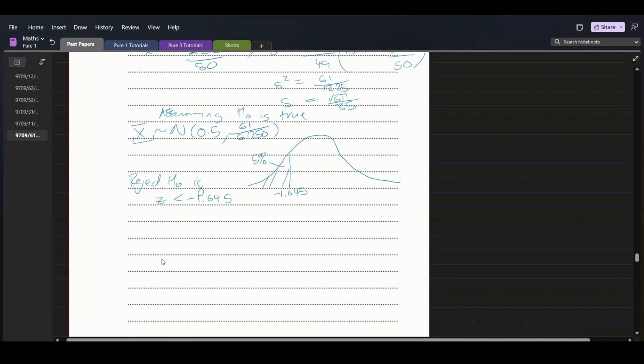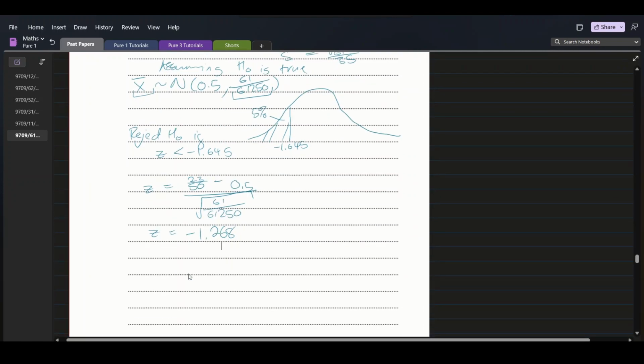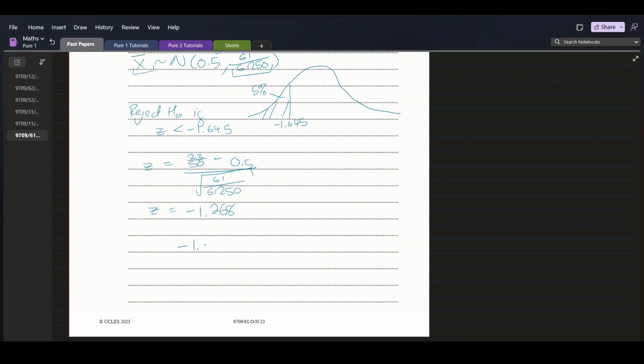So now let's calculate our z value. Z is equal to our test statistic we calculated earlier to be 23 over 50 minus our mean mu, which is 0.5, over our standard deviation, which would be the square root of this value over here. So that's 61 over 61,250. So Z is equal to, let's punch that into the calculator, 23 over 50 minus 0.5, and this is over the square root of 61 over 61,250, and this gives us negative 1.268. So now let's compare negative 1.268 to negative 1.645. Negative 1.268 is greater than negative 1.645. So this means we accept H naught,